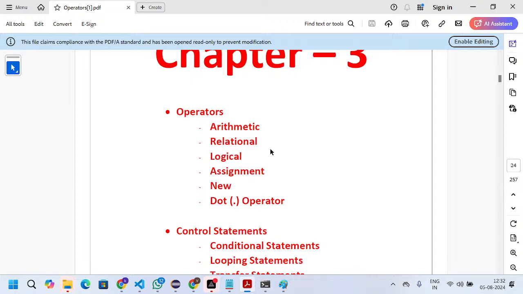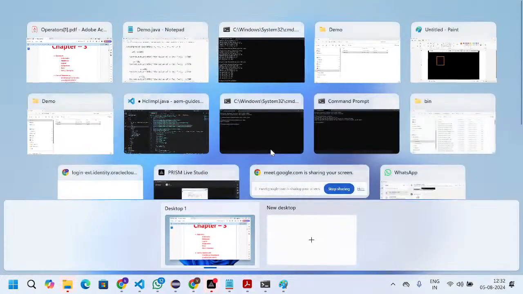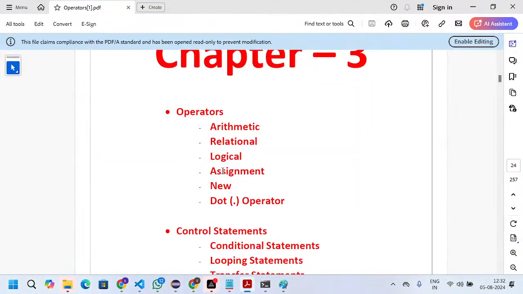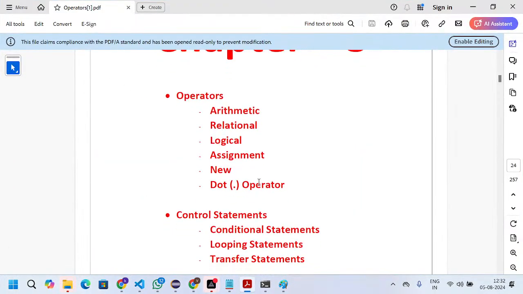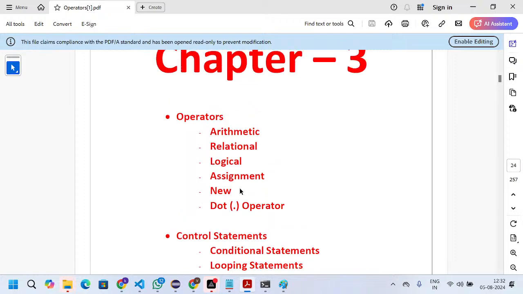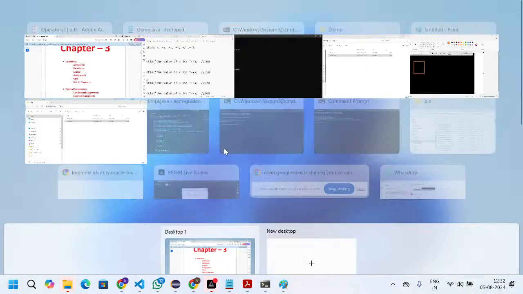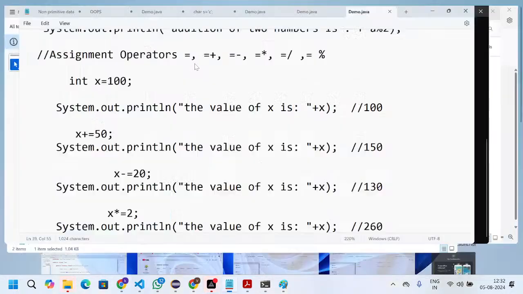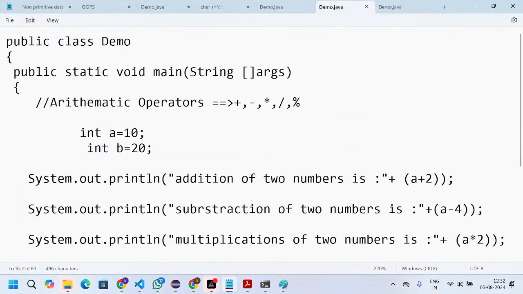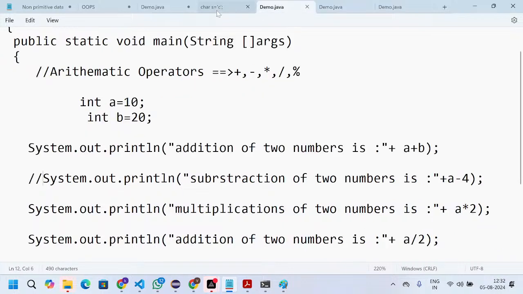And then next we have the logical operators. Before going to discuss that, we will have the relational operators. So we'll discuss the relational operators.